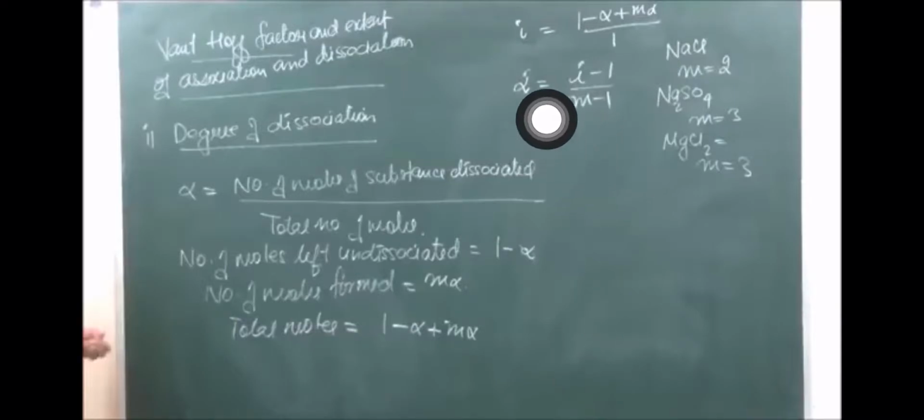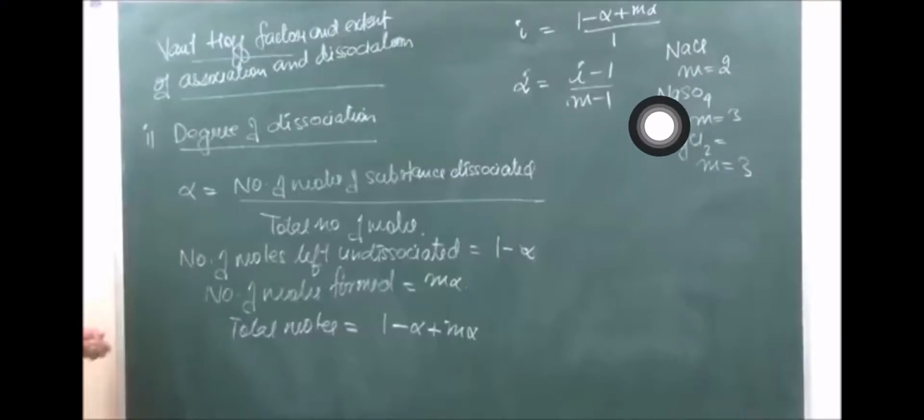So what are we going to take here as m? Suppose we are taking NaCl. When we take NaCl, it is going to dissociate, right? So it will break down into Na plus and Cl minus. So this m will be 2. Over here if we are taking Na2SO4,